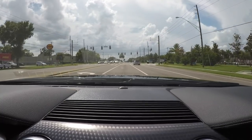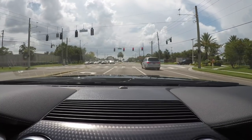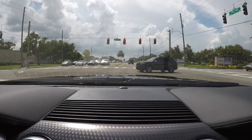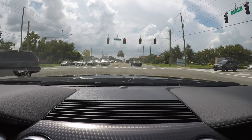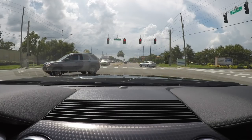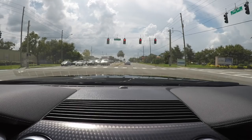Perfect blip. They nailed it. I am so impressed with the engineers at Ford right now. Like I said, a lot of other cars, the Nissan 370Z, Corvette, the Honda Civic Type R, lots of them have Auto-Rev Match downshifting. Only a few of them have it down pat, and I'm very happy to say that this Mustang GT with